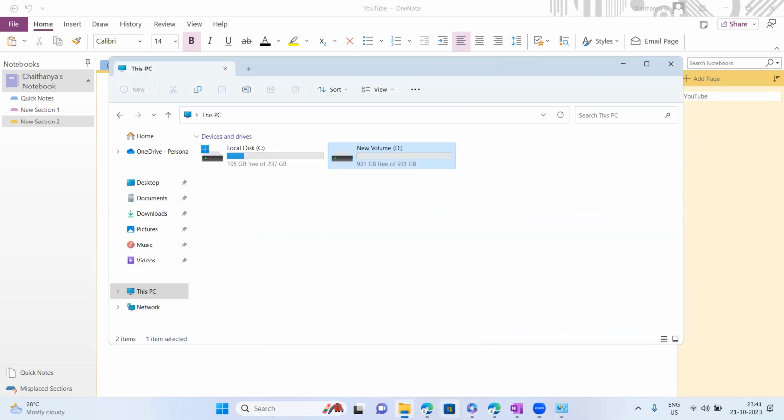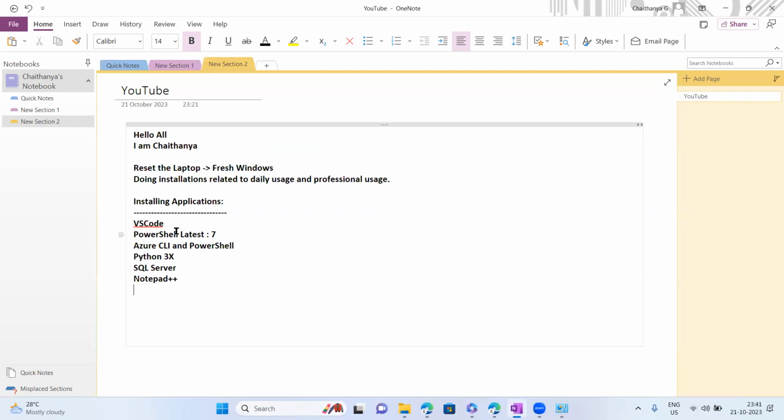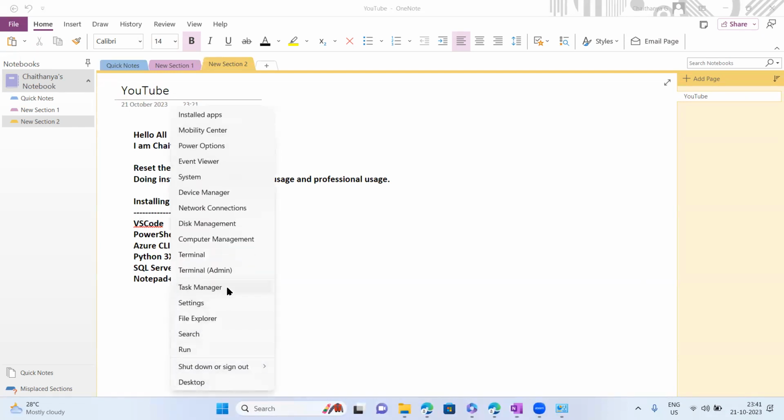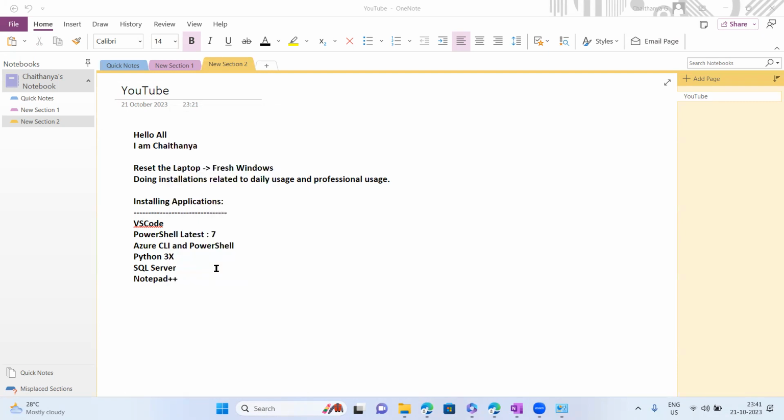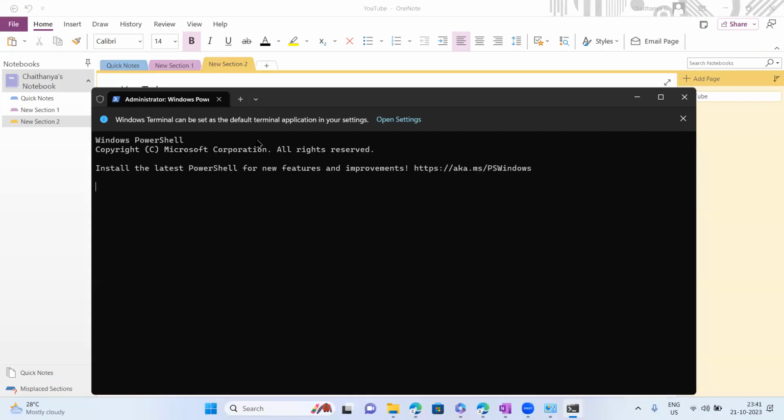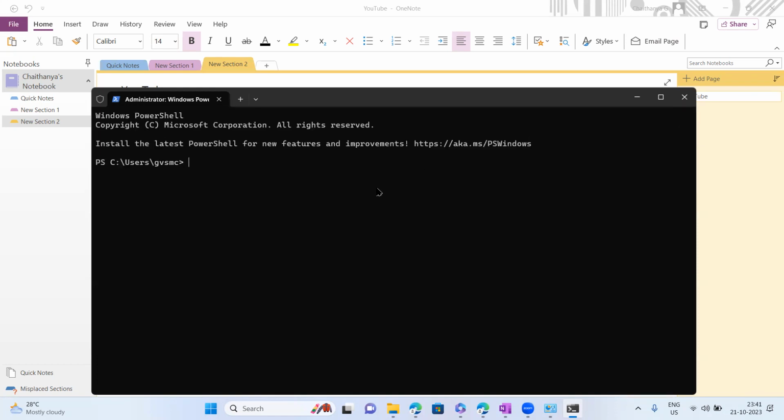So I wanted to do the installation for VS Code and the latest PowerShell 7. By default, we can left click. You can see the terminal. If you click on yes, it's in administrator mode by default. I mean, it's in administrator mode. If you observe, Windows Terminal can be set as the default terminal application. I'm okay with this. If I type